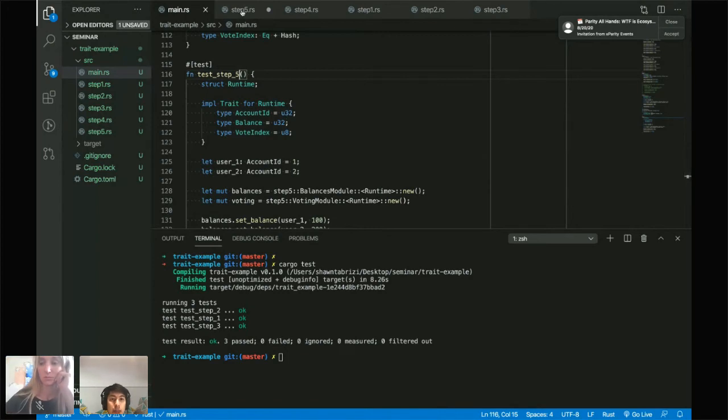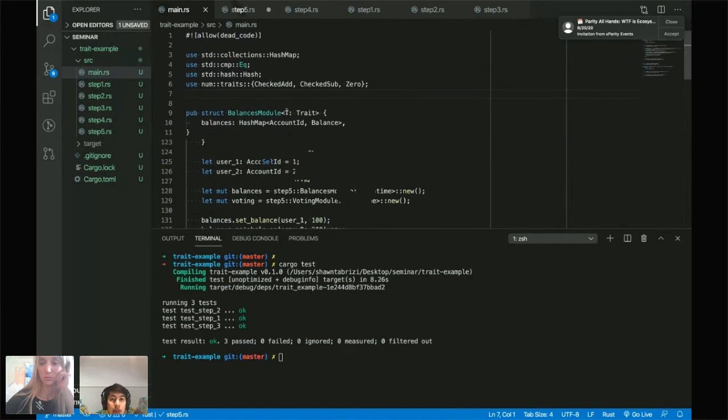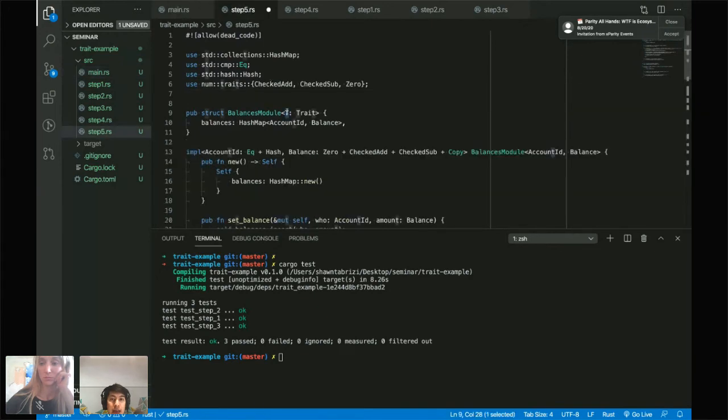And so to make this syntax work, I just need to do a small update on the side of my runtime, on the side of my modules. So here, instead of passing all the types, I'll be passing a single object, and this object must implement this trait. And so I need to say what this trait is. So I will say use crate::Trait. So this is basically pulling the definition that I defined in the other file.